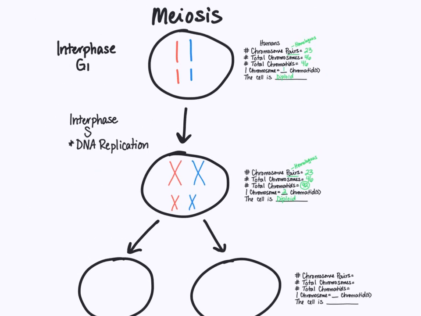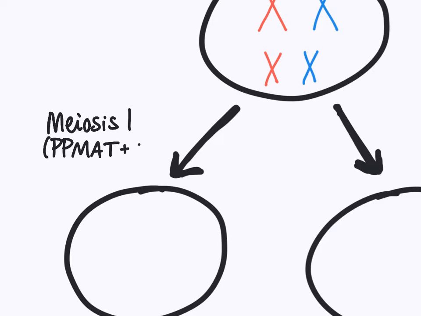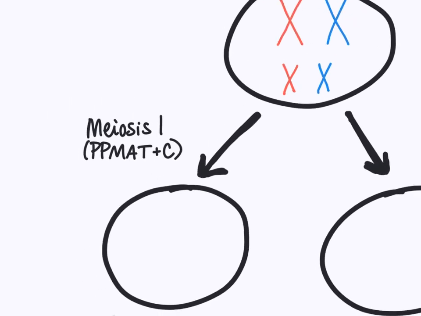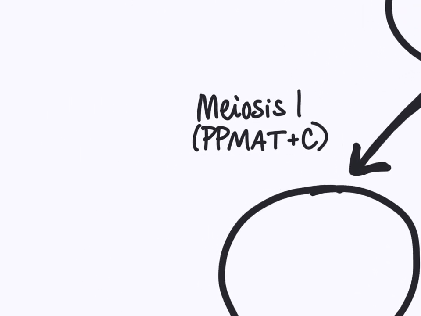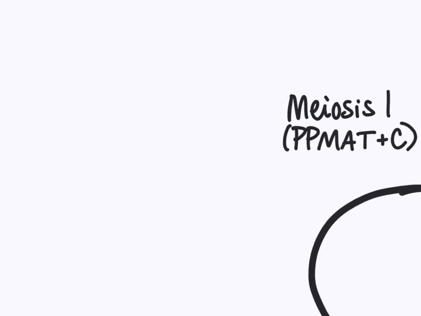So now let's take a look at what's happening during this second set of arrows here. And so the second set of arrows are our first round of meiosis. And so this is our meiosis 1. And remember that the steps of meiosis 1, we can remember them using the mnemonic of PPMAT C. Now it's important to note that during meiosis 1, some really important things happen. So first of all, during prophase 1,